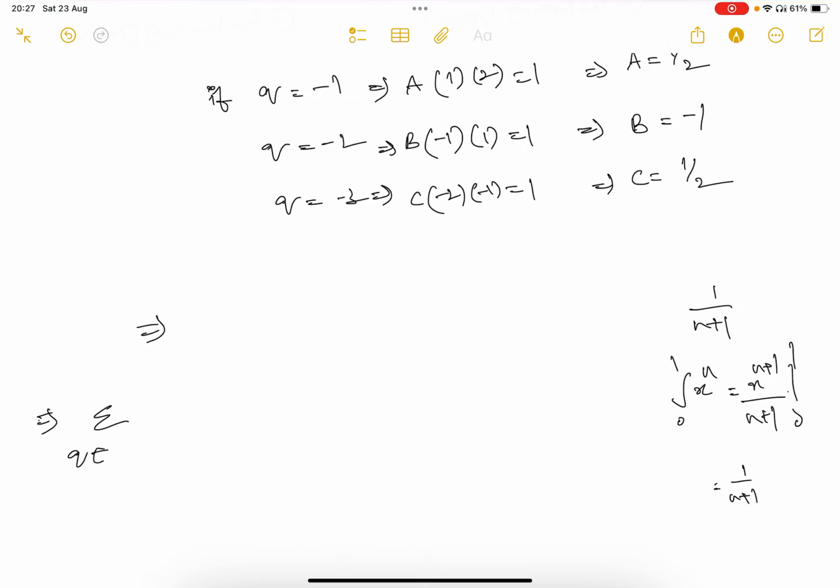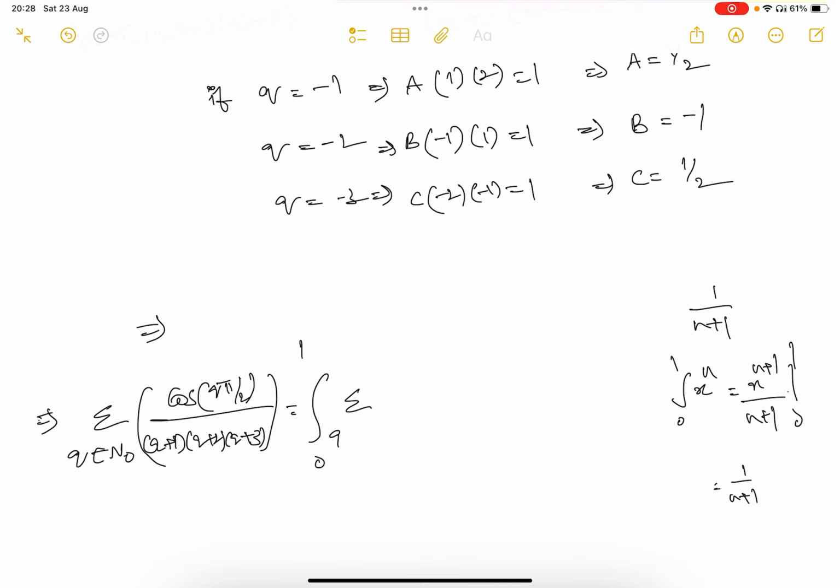Summation q belongs to n naught cos of q pi by 2 by (q plus 1) into (q plus 2) into (q plus 3) is, you can write this as integral 0 to 1 summation q belongs to n naught cos of q pi by 2 into